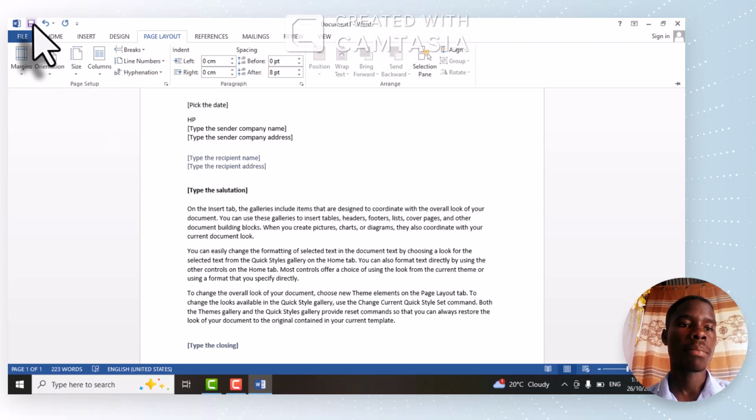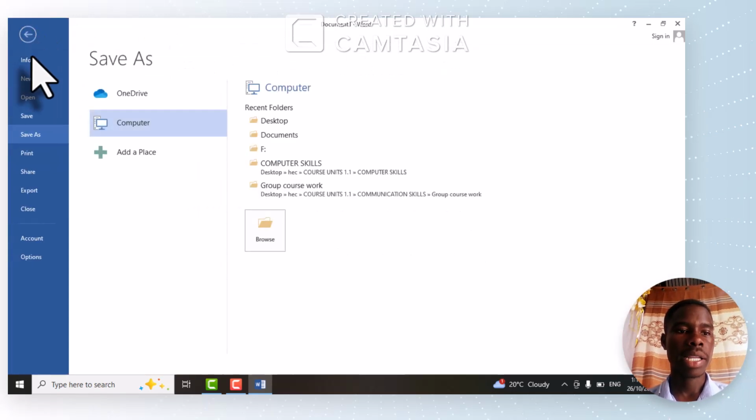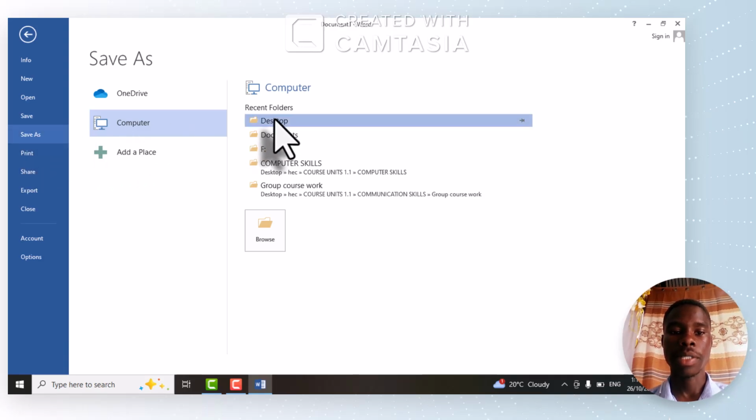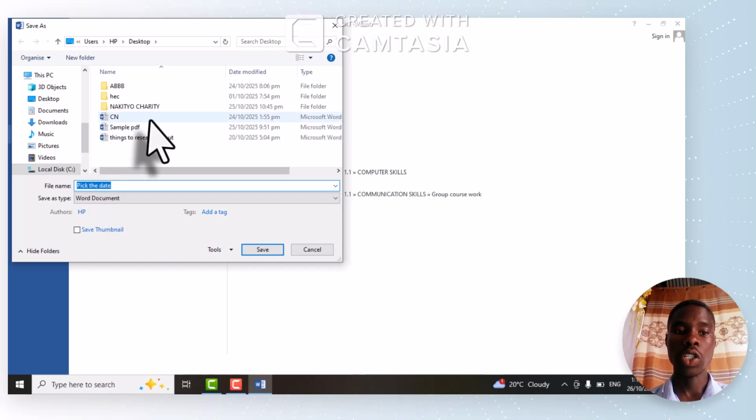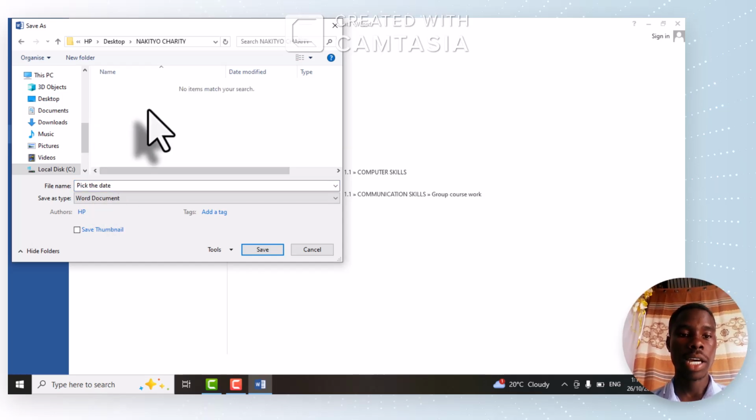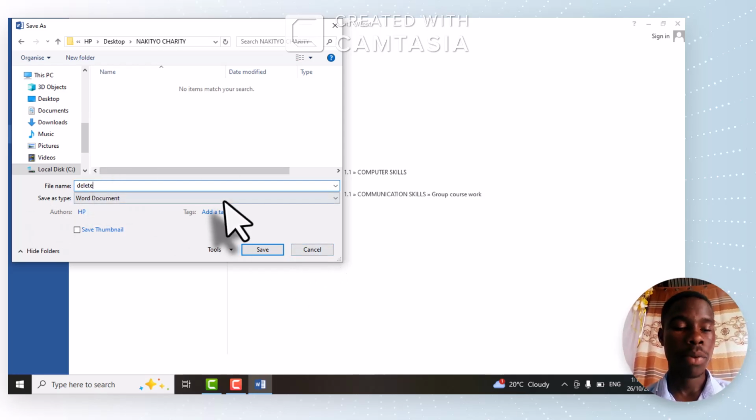I can save my file by coming to the Save tab, if I'm not interested in the Ctrl S option, and I click on it. Once I click, I'm going to Save As. That is when I want to give my document a name. So perhaps I'll go to the desktop, and then I select a folder where I want the document to go. When I select this folder, I'm first going to rename my work. Maybe I want to rename it as this. Yes. Then one important thing here, dear ladies and gentlemen, before I click on the Save button, I first consider